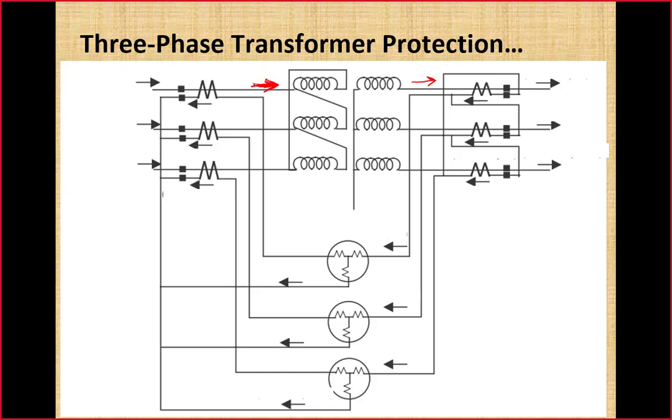If we assume that this current which is leading has angle 0, then the corresponding current on Y side will have an angle minus 30 degree. And if we take the Y side current as a reference and assign an angle 0 to that, then this current on delta side will have an angle of 30 degree. It is leading current. So now how have we undone this effect of phase shift between two sides?